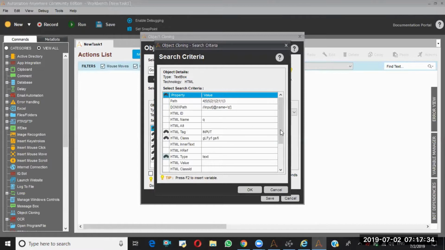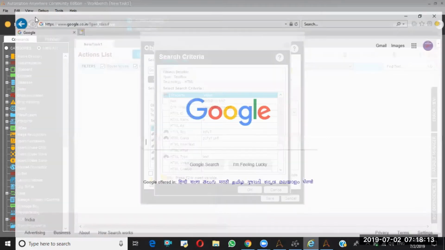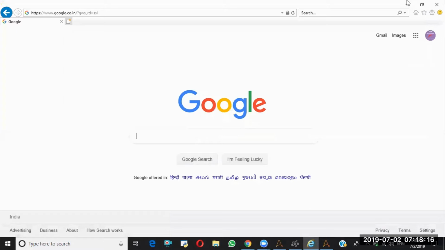If you get 10 or 20 properties, maybe 5 to 10 of them may change dynamically. That means they may change frequently, after every 5 minutes or every 10 minutes or every 1 hour or every 1 day or every 1 week maybe. But still, in that situation, some properties will be constant. Those properties won't change at any time. When you spy at different time intervals, sometimes if I replace this space and spy the object again, the properties may change.